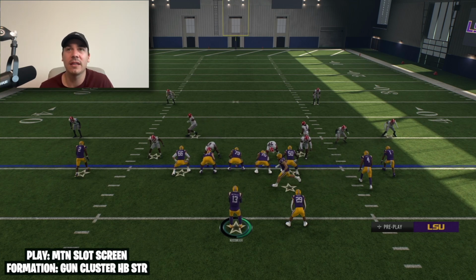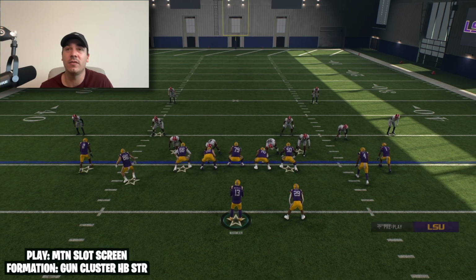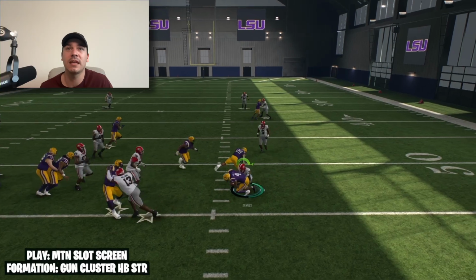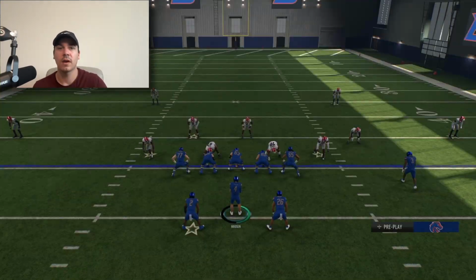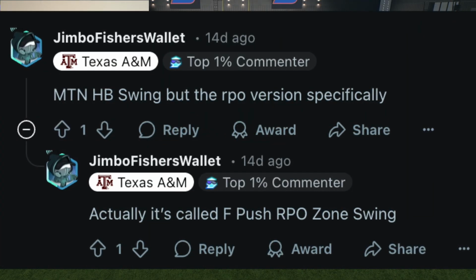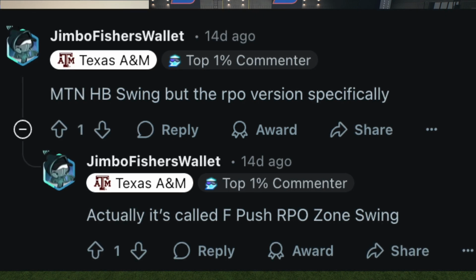And overall, this play is great if you're in zone. If you know it's zone, go with this. But if it's man, it's just not recommended. Not at all. All right, next up, we got from Jimbo Fisher's wallet, motion halfback swing, but the RPO version